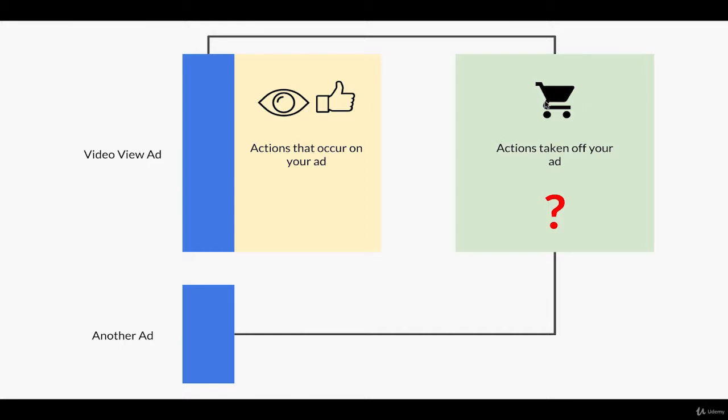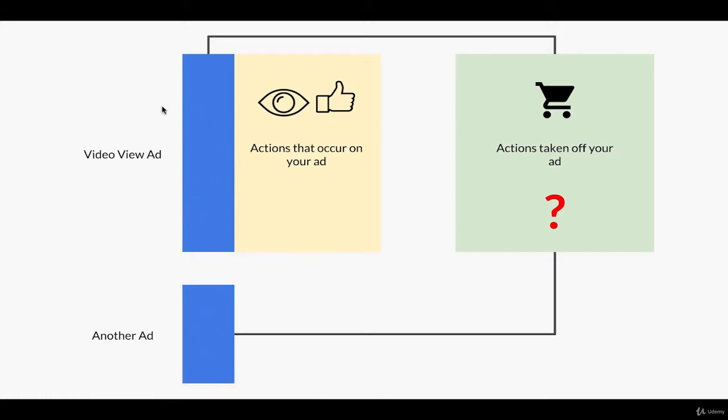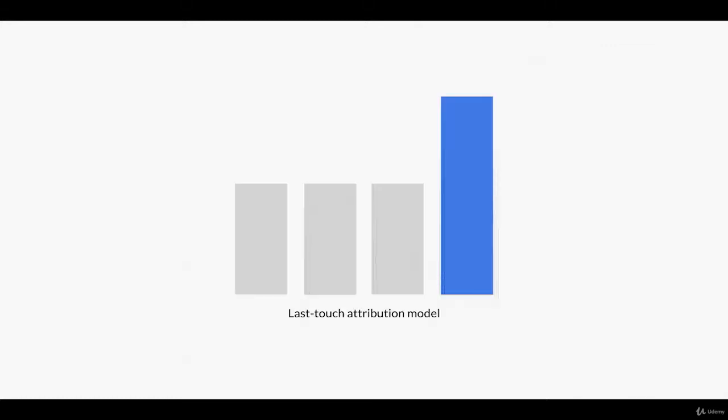And this person has interacted with this ad as well as with the other ad. So for example, the person has seen this ad and clicked on this ad, or the person actually clicked on both ads the day before, or the person clicked on this ad 7 days before and on this ad 2 days before. The main question is now, where do you attribute this conversion? And this is the point where I will present you Facebook's attribution model, which is called the last touch attribution